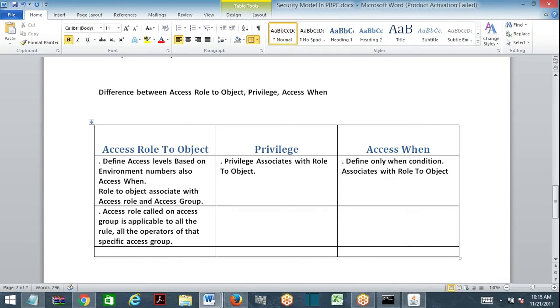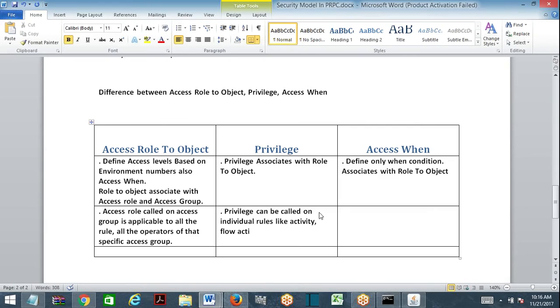Coming to privilege, privilege can be called on individual rules like activity and flow action.